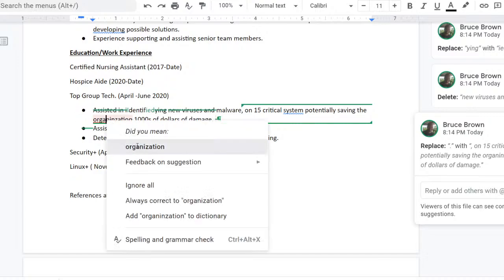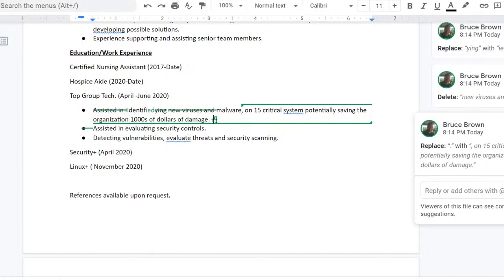Let's get rid of this misspelling here. Let's say quarantined, removed, and reported the malware